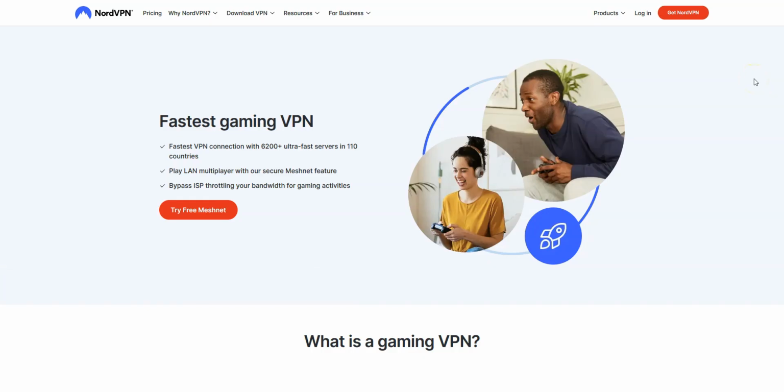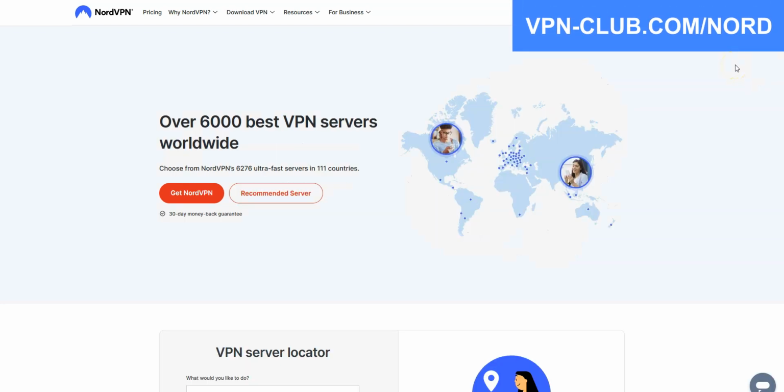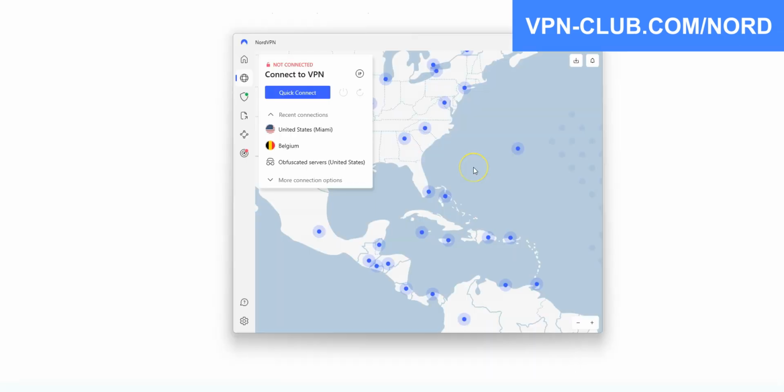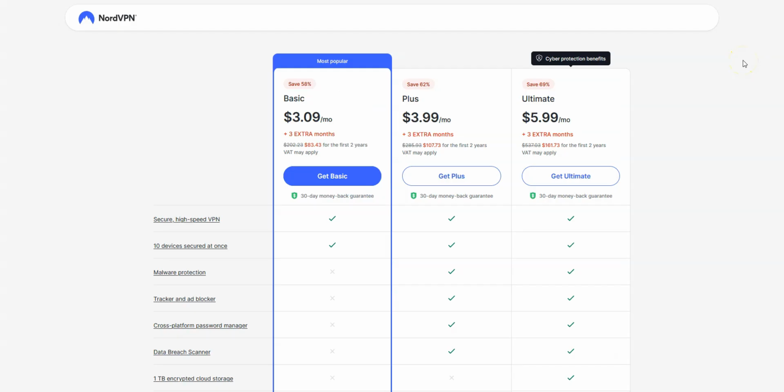Another great VPN to unblock games is NordVPN. NordVPN is another high-quality VPN with over 6,200 servers in 111 countries. Just like ExpressVPN, NordVPN is available on Windows, macOS, iOS, Android, and so on. You can use it on up to 10 devices simultaneously. Very effective to bypass firewalls, set up by your school or university as well. So, if ExpressVPN is a bit too expensive for you, I recommend that you get NordVPN instead, as it is a bit more affordable.